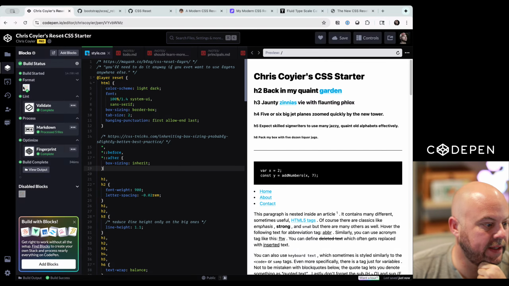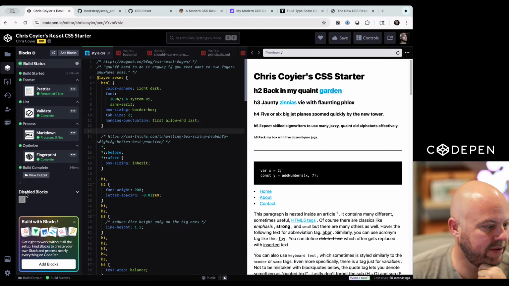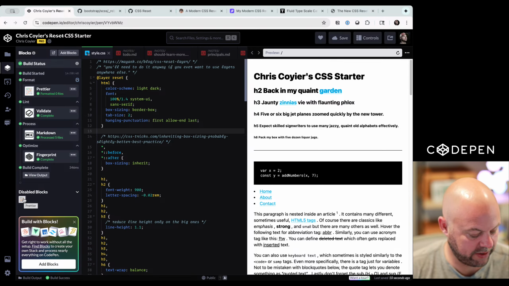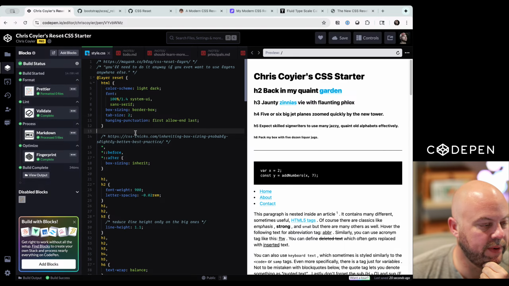Yeah, I like the idea of turning up. Ooh, it is disabled. That's why it wasn't running. Why is it up here then? Shouldn't it be down here in disabled blocks? That's a bug. Once it's disabled, it should move away. I'm just taking a screenshot so I can log it as a bug. That's life. I swear to God, this isn't the help me find bugs in CodePen show, but